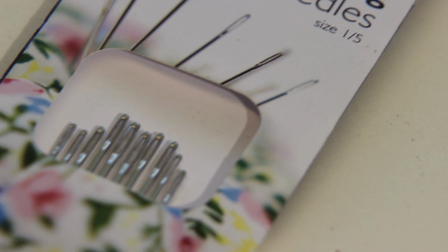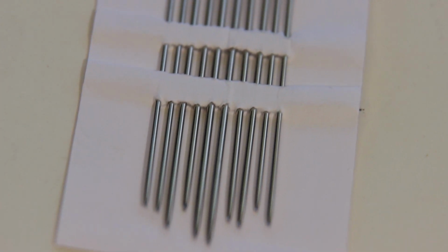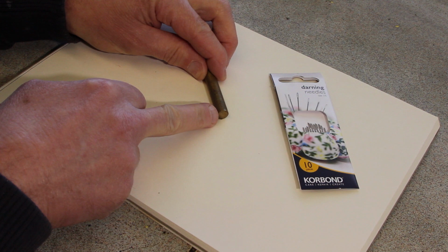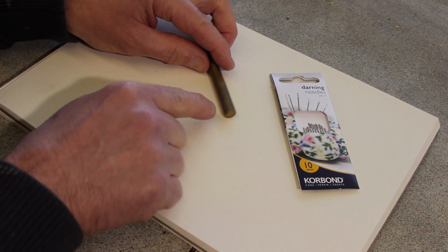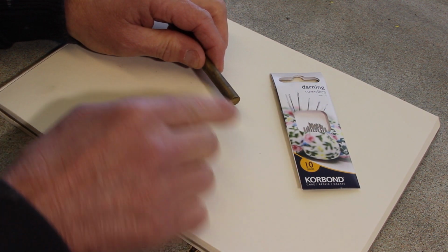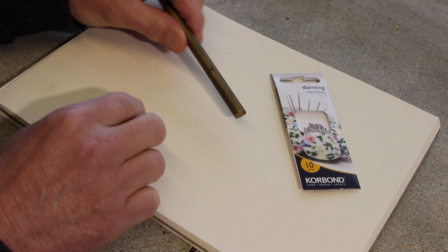Now the thing is, you have to drill a hole in the end, fit a darning needle and then super glue it in or thread lock it in, and then when it goes blunt you get the blowtorch out, heat the end up, pull it out with a pair of pliers, put a new one in with another bit of super glue or whatever. And I thought,